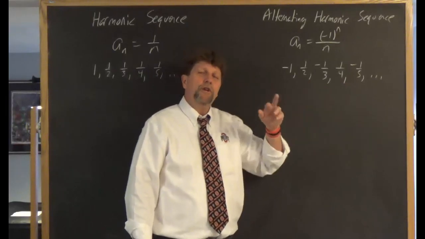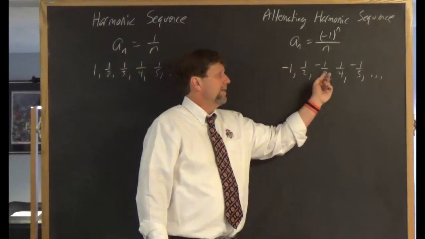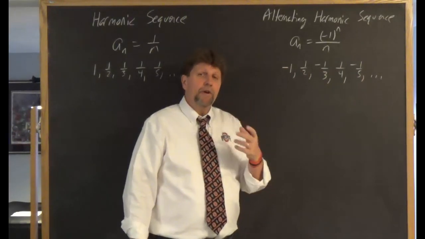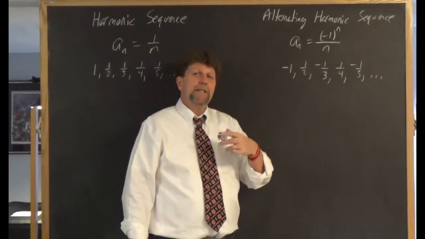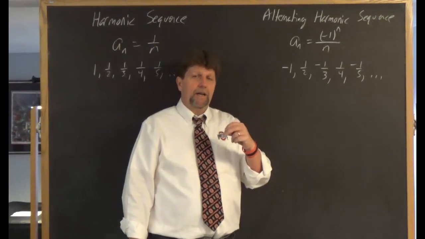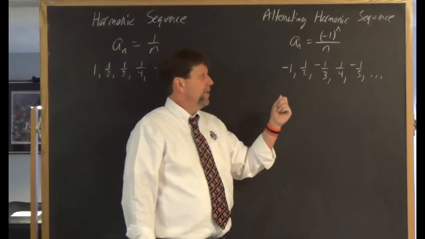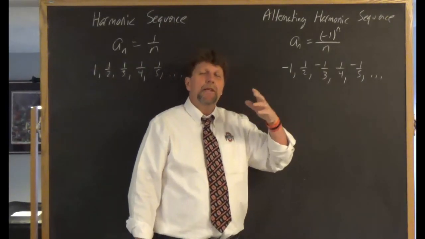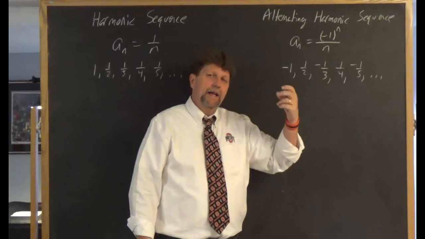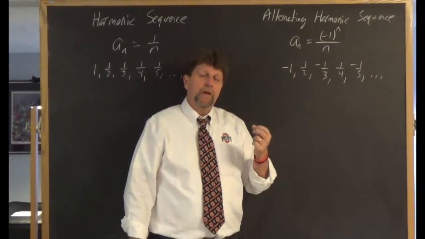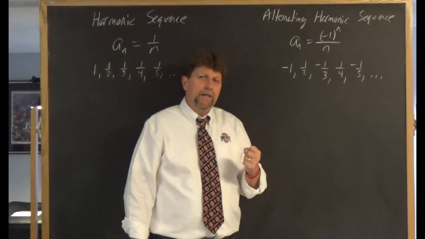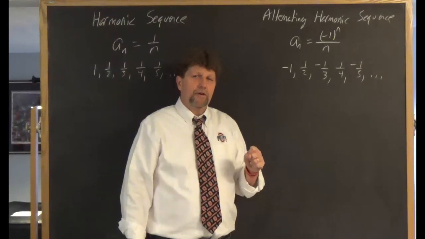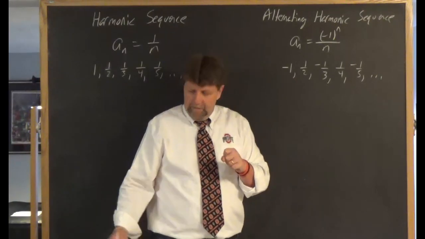Notice the terms are alternating in sign. They're going negative, positive, negative, positive, and so on. I could have written the alternating harmonic sequence as -1 to the n plus 1 over n, and if I did that, the terms would go 1, -1/2, 1/3, and so on. It doesn't matter; that exponent could be an n plus 1, or an n minus 1. What I want to analyze right now is, does the alternating harmonic sequence converge? And if it does converge, what is its limit? Well,